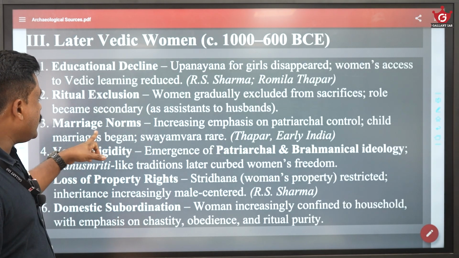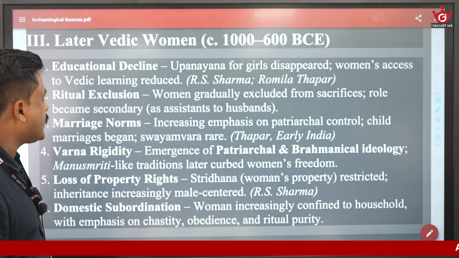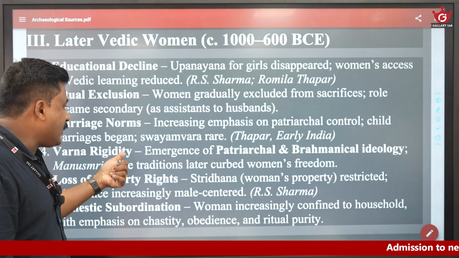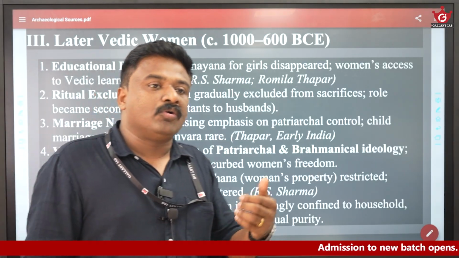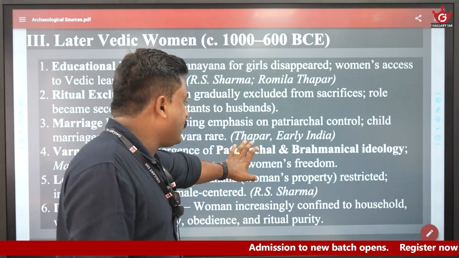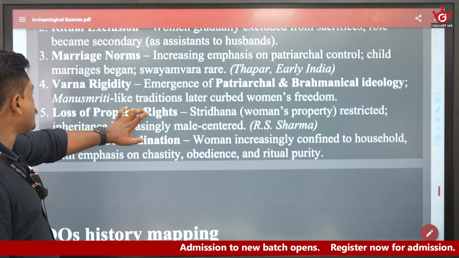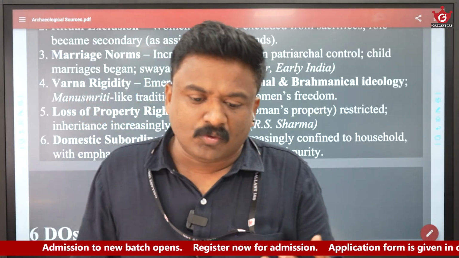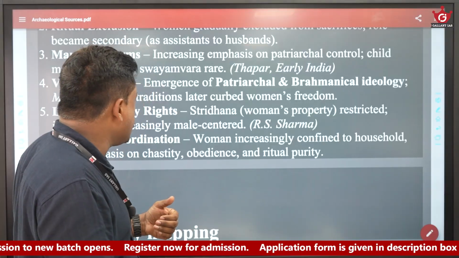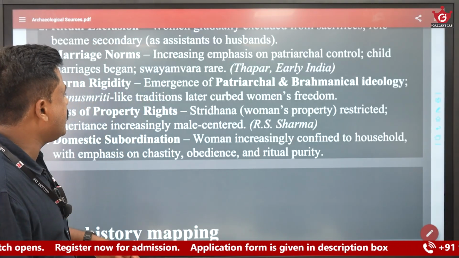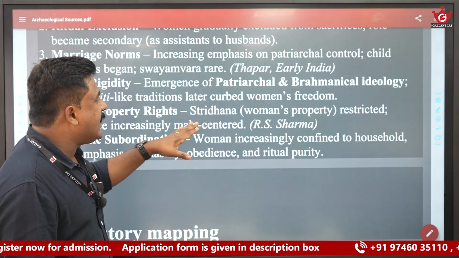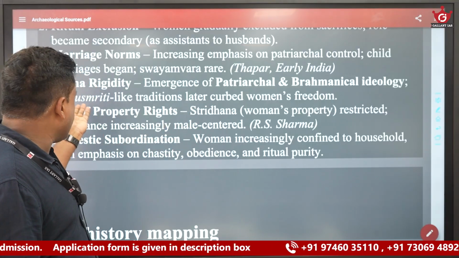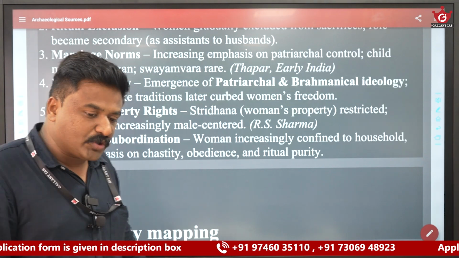Then marriage norms: increasing emphasis on patriarchal control. Child marriage began, Swayamvara became rare, and widow remarriage disappeared, according to Romila Thapar. Again, Varna rigidity. The patriarchal Purusha Sukta in the Mandala talks about Varna-based divisions and the roles of men and women. And the Smriti literature, such as the Manusmriti,